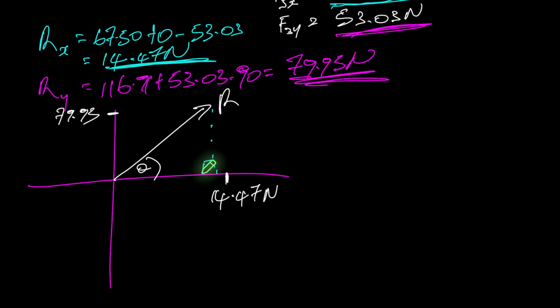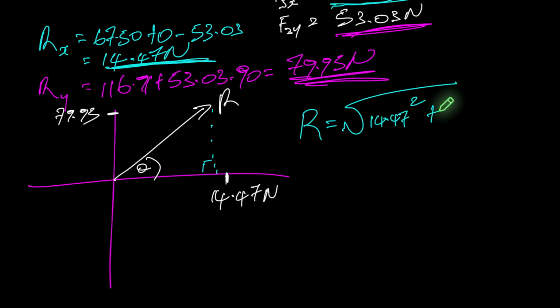So we apply Pythagoras' theorem to find the resultant, where R for resultant equals the square root of 14.47 squared plus 79.95 squared. It doesn't matter if these were negative, it would be the same outcome. You just bracket them and square that bracket. You just write them like this effectively, and that's very helpful for some calculators to avoid mistakes. So our final answer here is